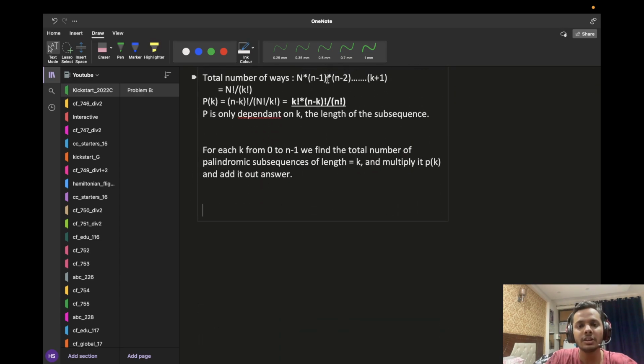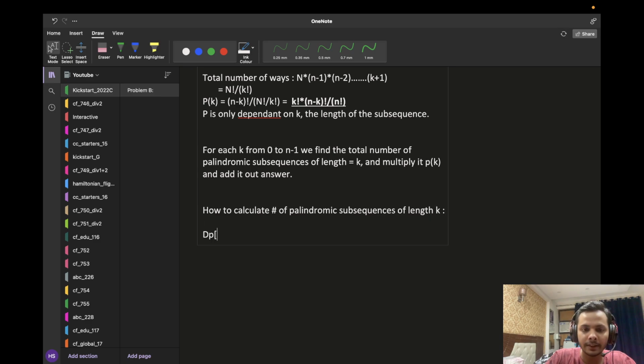Now the only question is, how do we calculate these values, which is the total number of palindromic subsequences of length k, right? Well, we can basically apply dynamic programming. So how to calculate the number of palindromic subsequences of length k? We will use dynamic programming to solve this problem, and the states of our DP will look something like this. DP ijk is equal to the number of palindromic subsequences